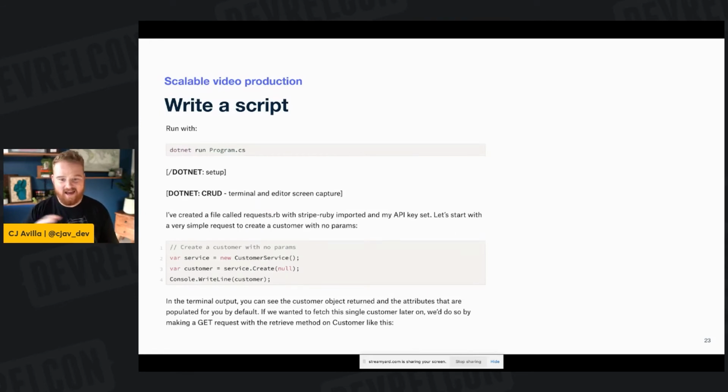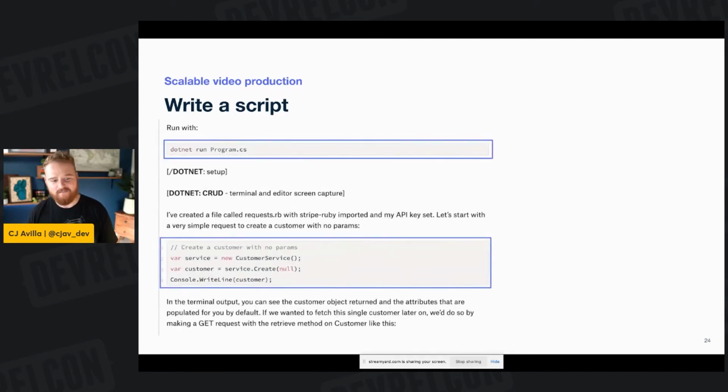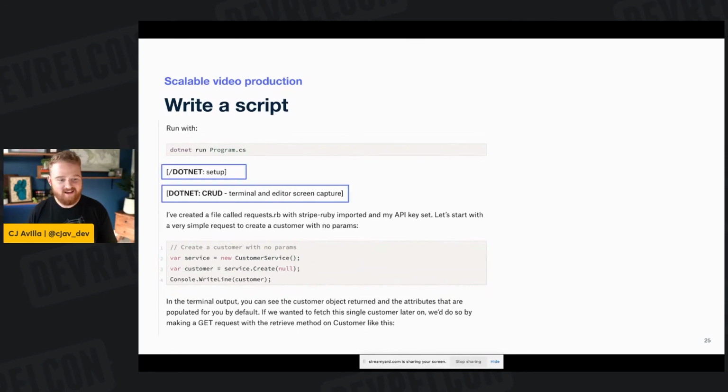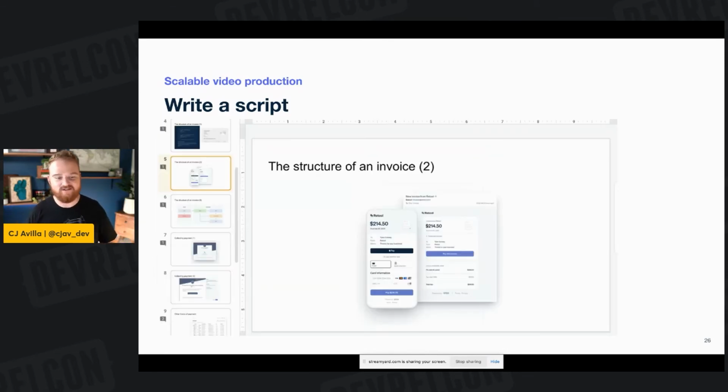In terms of the actual tactical stuff, I really like using Dropbox Paper because it lets you have code snippets. If you're lucky, you can have a docs reviewer or the support team come and look through the script with you to make sure that you're answering common questions. Great to have code snippets. Also, we developed a shorthand markup in our scripts that lets us know which parts are screen captures versus animated slides versus intros and outros, etc.